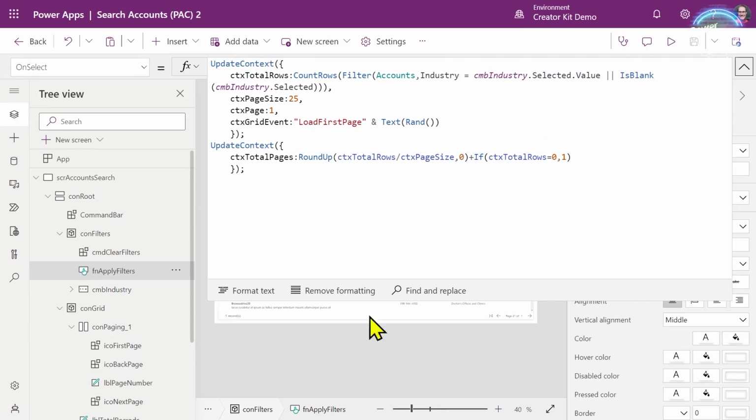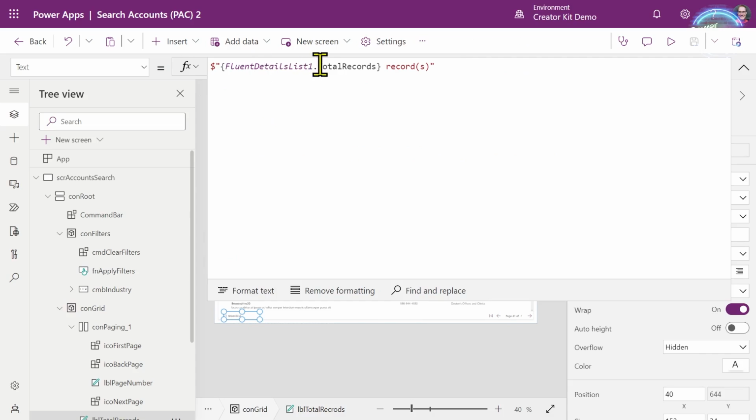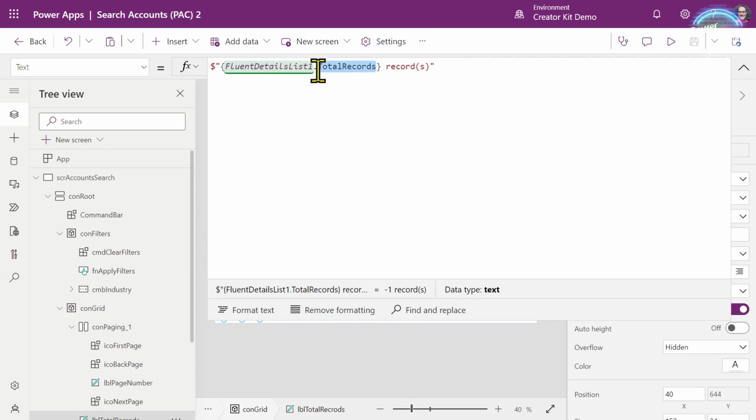Okay, so we've now got these two variables, total rows and total pages, and we can now use those in place of the properties that the Fluent details list gives us, to show the number of pages, the page we're on, and whether or not we can move to the next page. So we'll go over here, and rather than using that details list property, I'm just going to pop in the total records here.